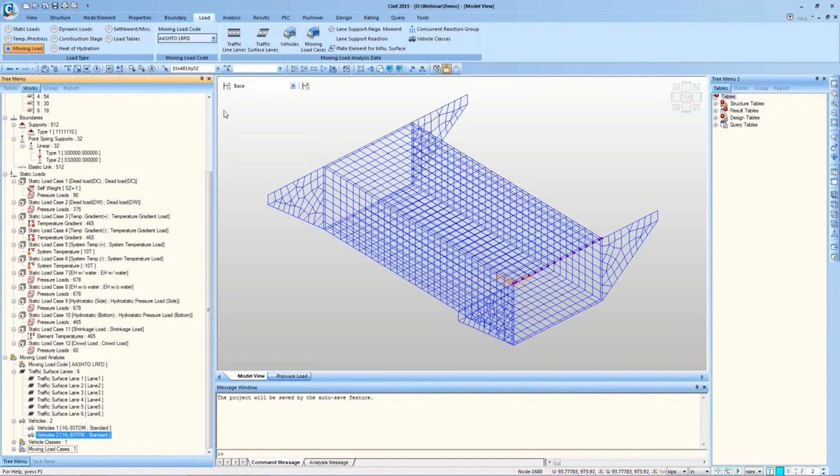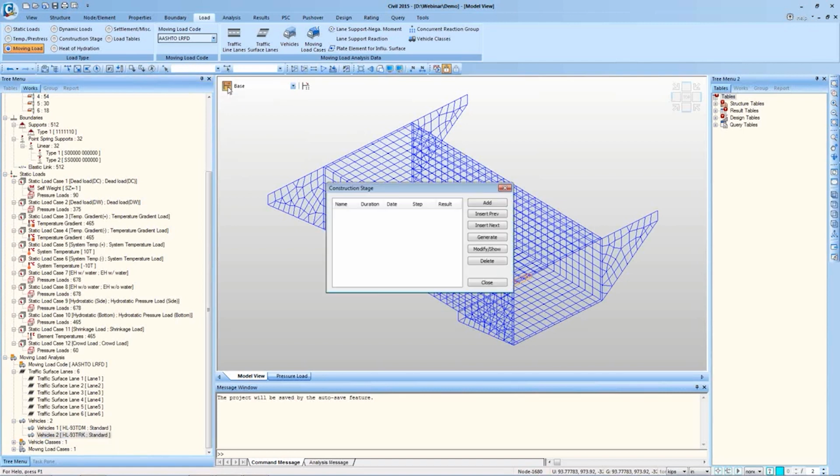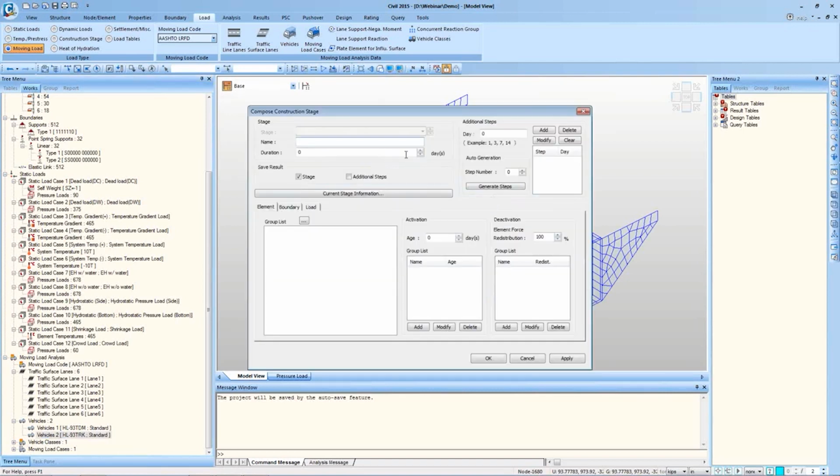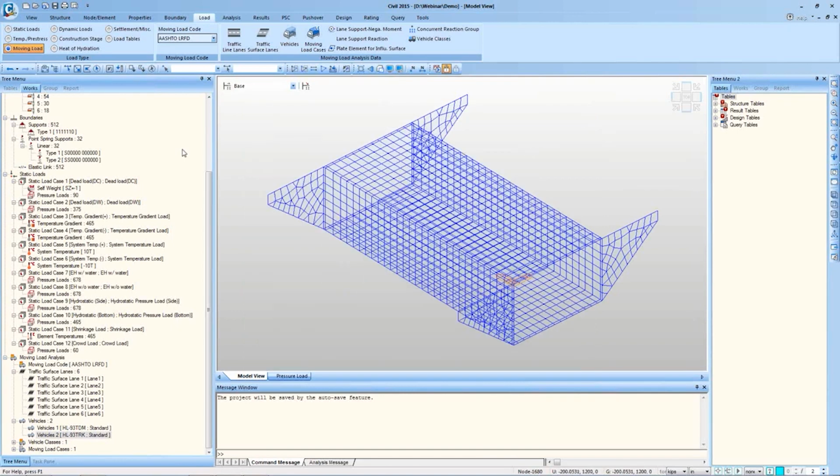Also, there can be requirement of defining construction stages, but that's quite rare for box culverts, but you can surely click on this and click add. You can define number of construction stages that you want in the box culvert.